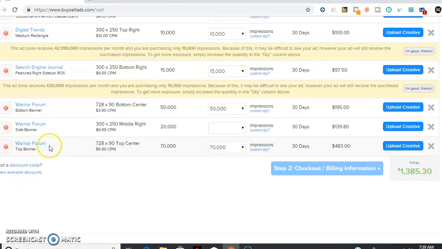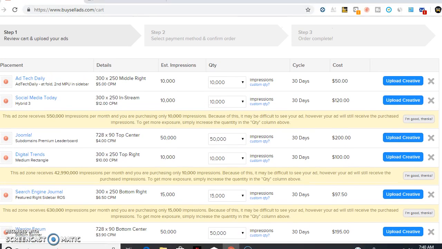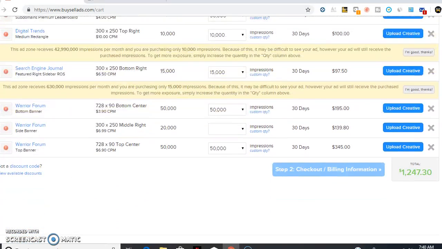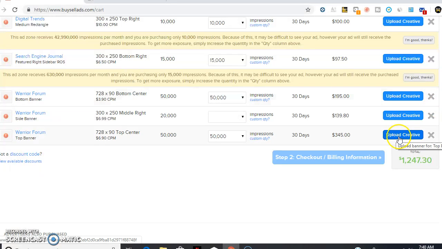Just go and just see the form. I got the banner ads, and what I'm going to do is like 728 by 90 top center. It's a top center. And the price is like, if I want to choose like 50, this is 50 quantity, 50,000 quantity. What I'm going to do is just upgrade this,